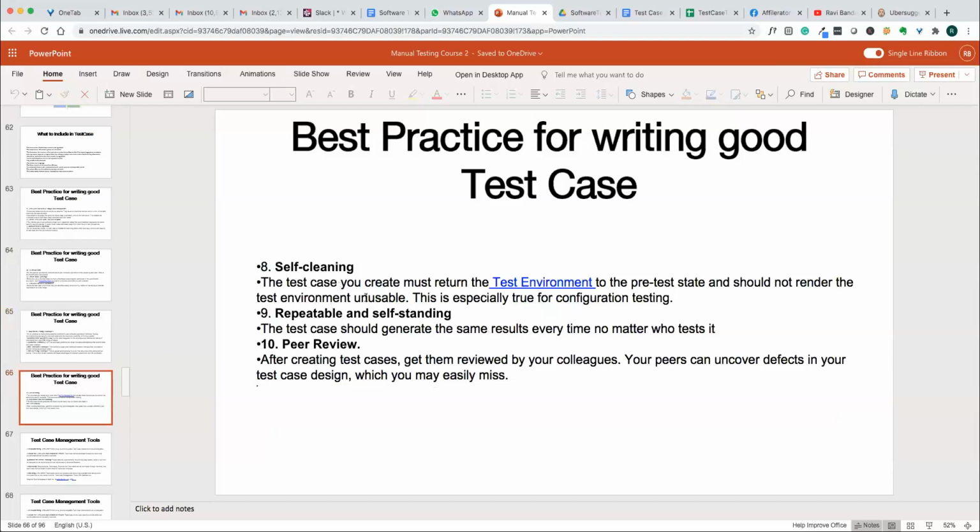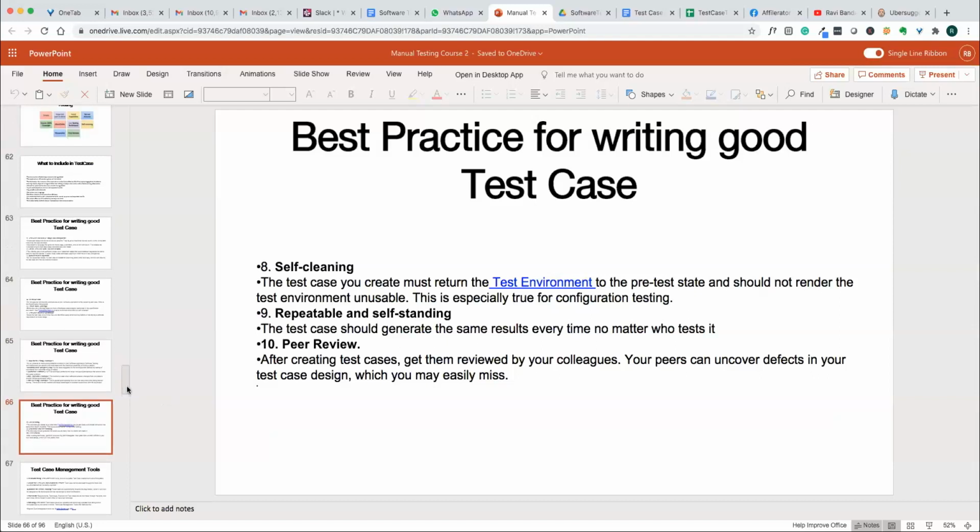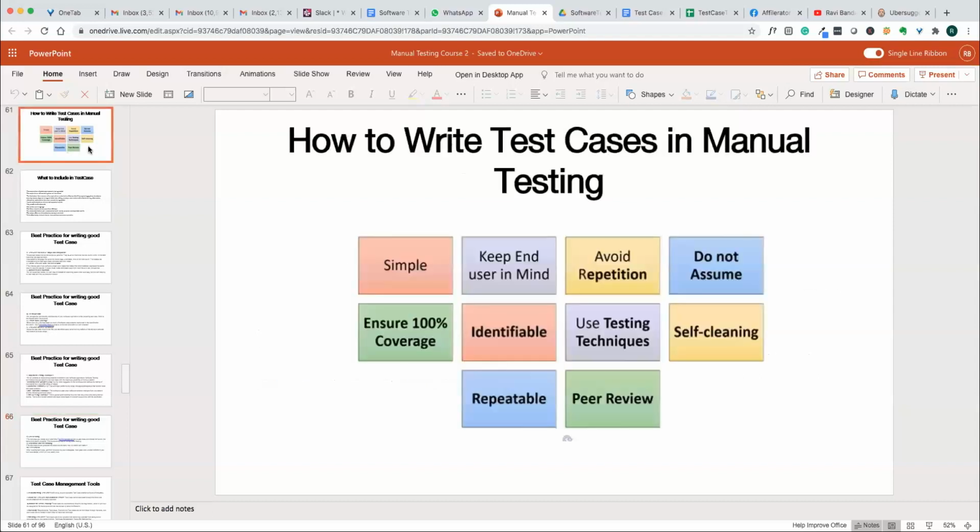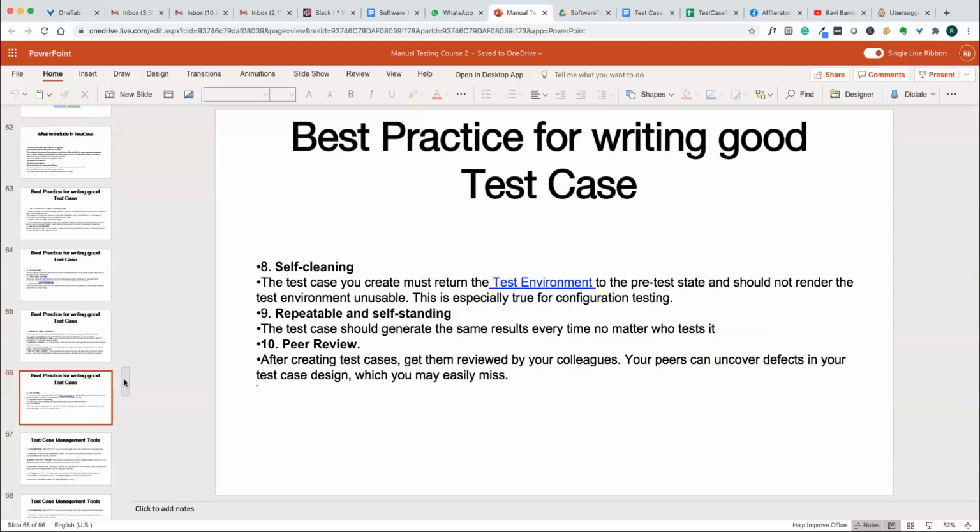This is also the same thing: self-cleaning, repeatable, peer review and all that, right? So these are various test case best practices. You can just review this document later on. And for maintaining all these things, we need some kind of test case management tools,